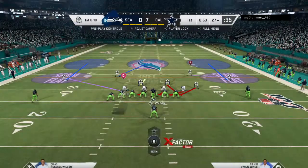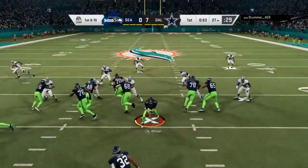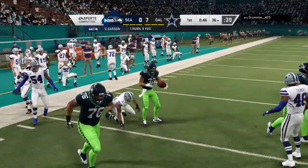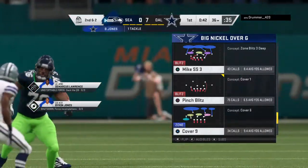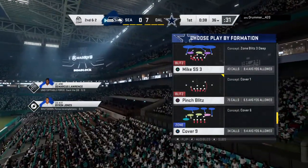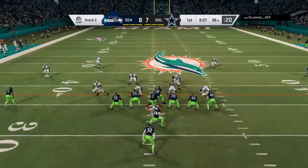Wilson and the Seahawks take over now, 1st and 10 at their own 27. This is the Oklahoma State alum, Chris Carson. And to the 36-yard line, taken down there after getting 8 yards. They'd love to just strike back with a touchdown right here, and if it's a long play, so be it. But the main goal, get a couple of first downs, run some plays, run some clock, allow their defense to get a chance to catch their breath, settle down, and relax a little bit after they just gave up a